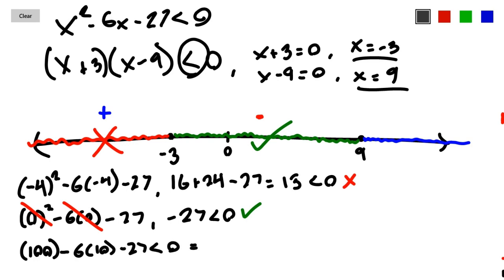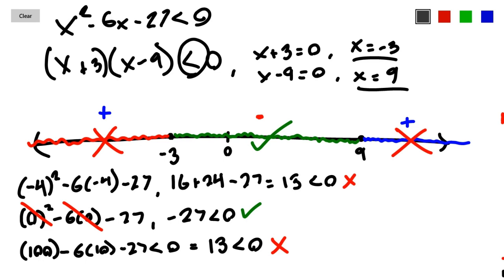And guess what? This gives me 100 minus 60 minus 27, which is also 13, which we know from the first number that we tested does not fit either. So we get positive values for this interval right here, which lets me know that that interval is out. So the only interval from our tests that is valid is all the numbers in between negative